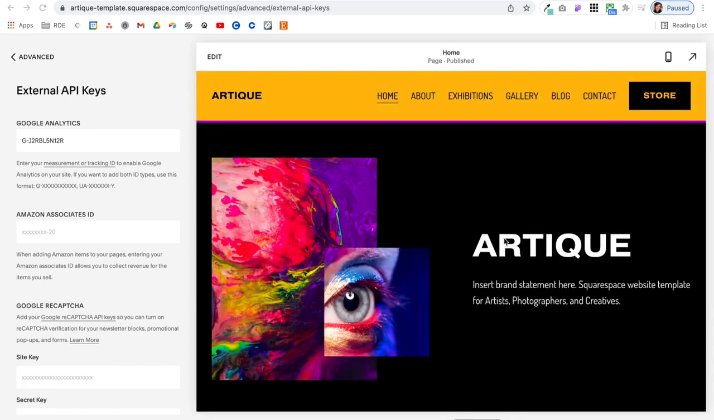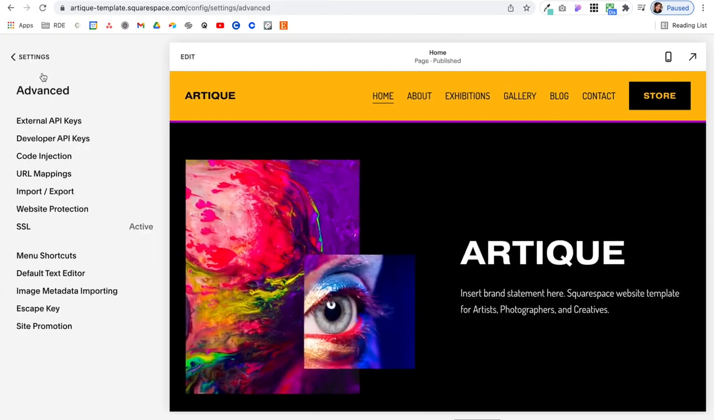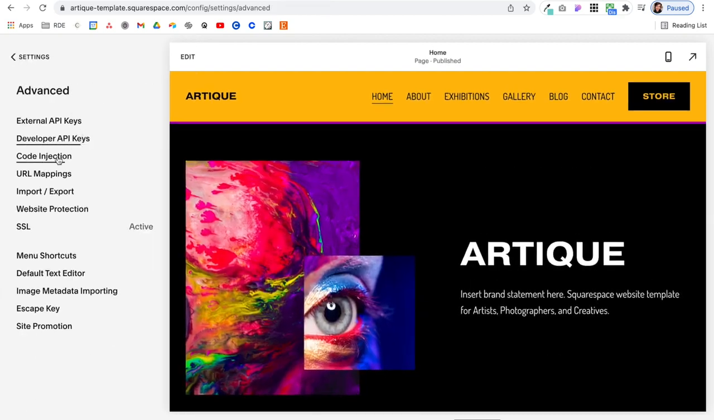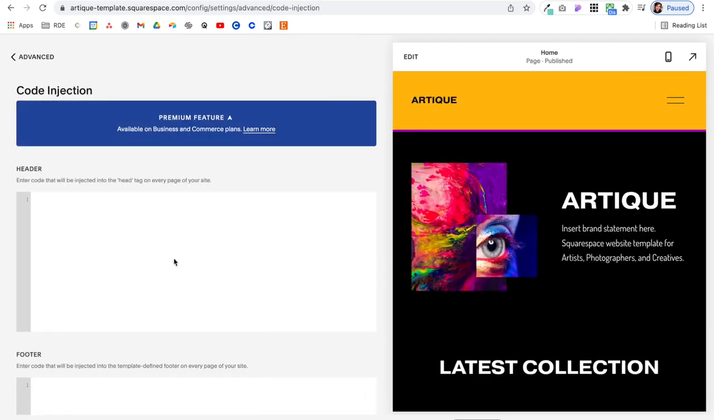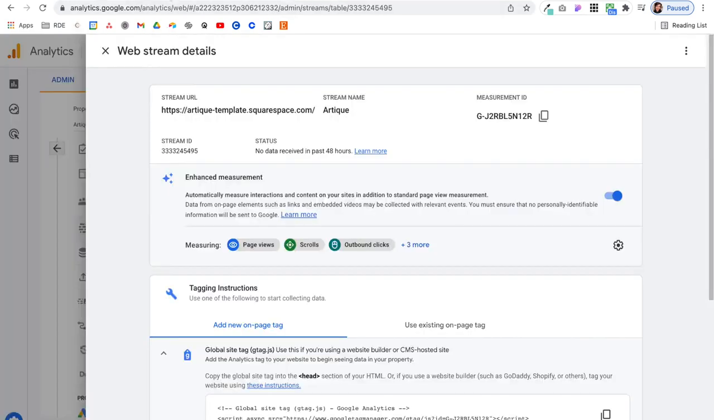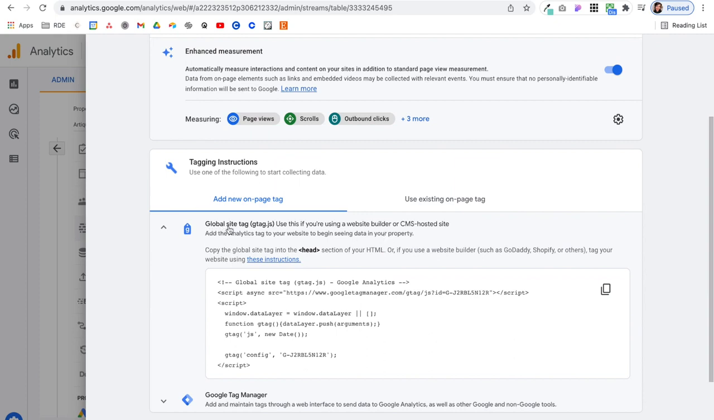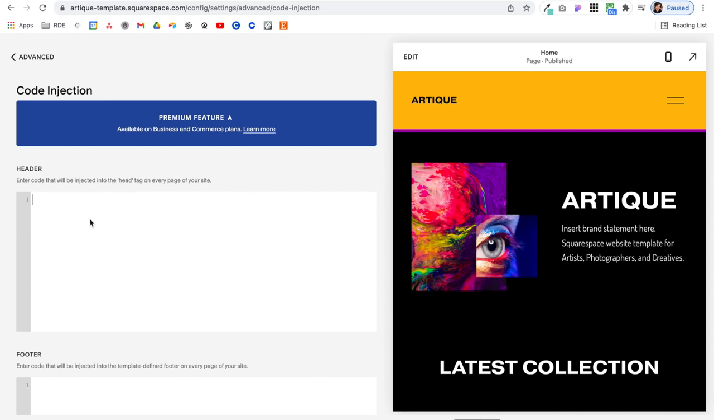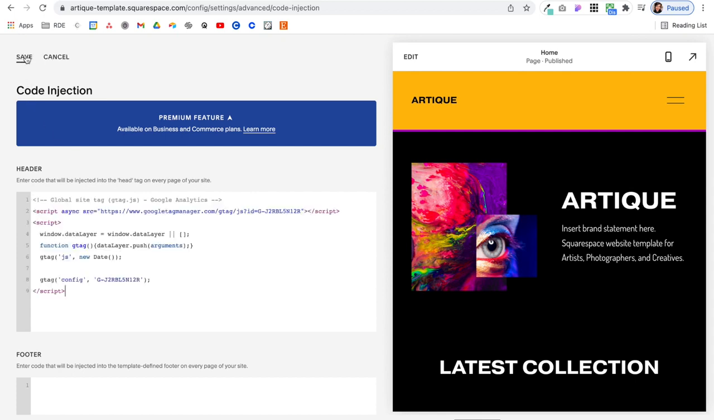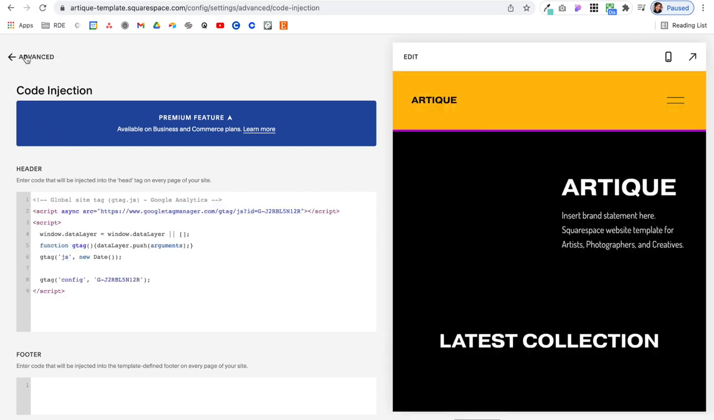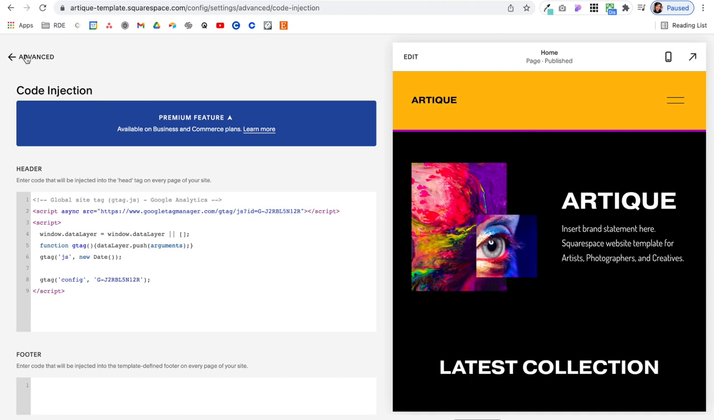The other way you can do this is a simple approach, but the other way you can do it, so you know, is you could take this out. It's important that you take that out, come back out here, and you need to have a business plan or higher to do this, but you would go to code injection, and then here in this header section, you would come into your analytics where it says global site tag. You would copy this code, come back into your site, paste it into this header section, and select save. So both methods work. The first one is a little bit easier, but that's how you can set up Google